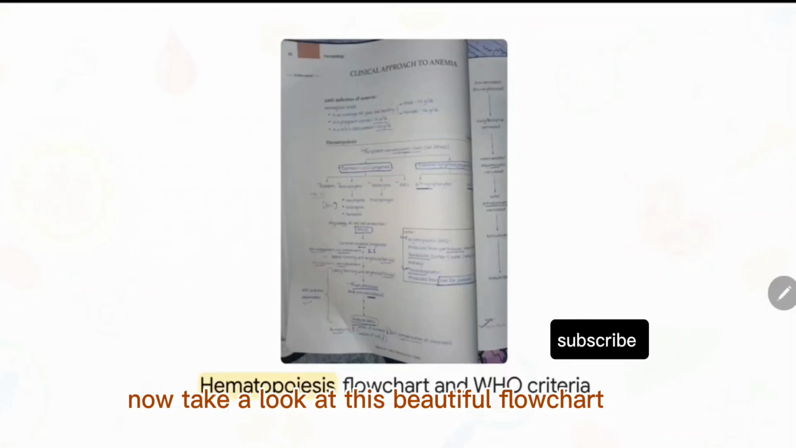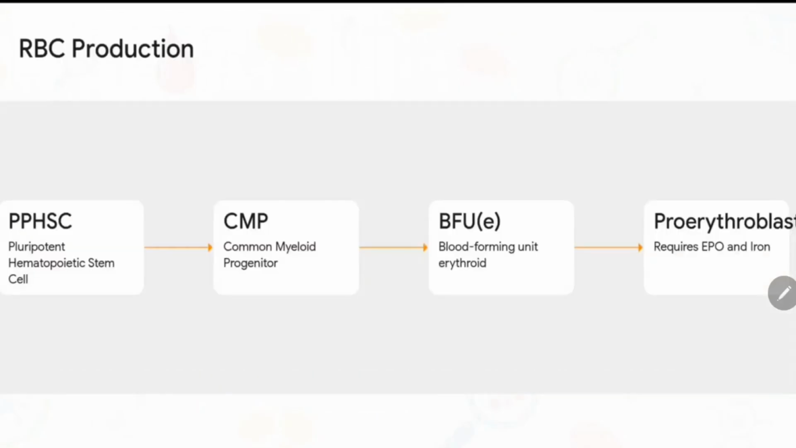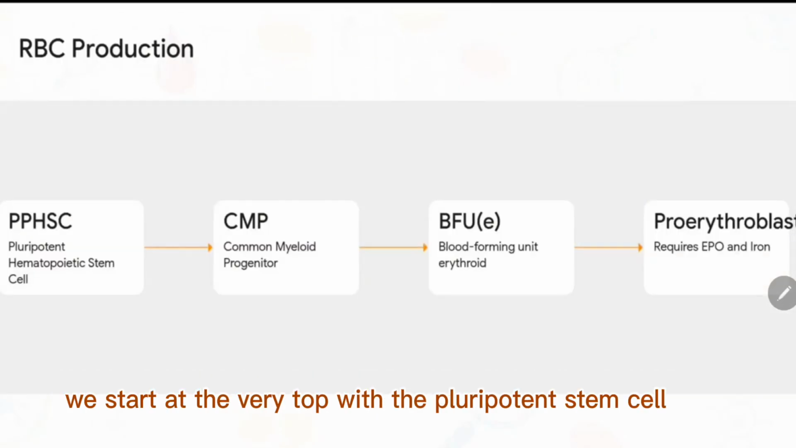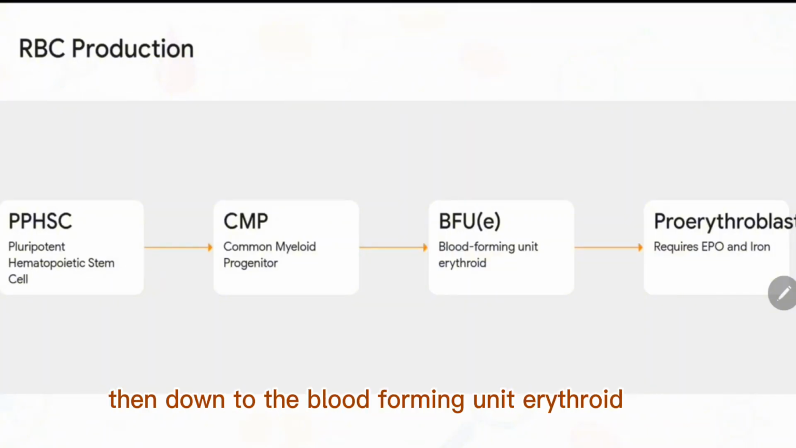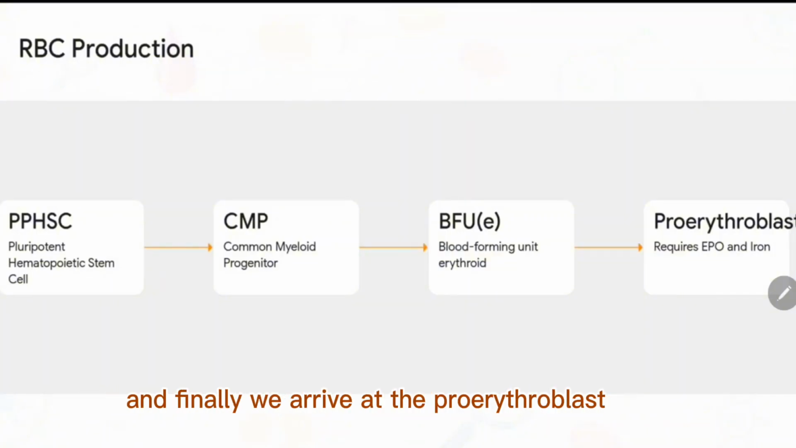Now, take a look at this beautiful flowchart. This right here is the entire factory layout of blood cell production, hemopoiesis. Every single blood cell you see in the periphery traces its ancestry back to one single origin in the bone marrow. Layering this conceptually, we start at the very top with the pluripotent stem cell. That branches into the common myeloid progenitor, then down to the blood-forming unit erythroid, and finally,